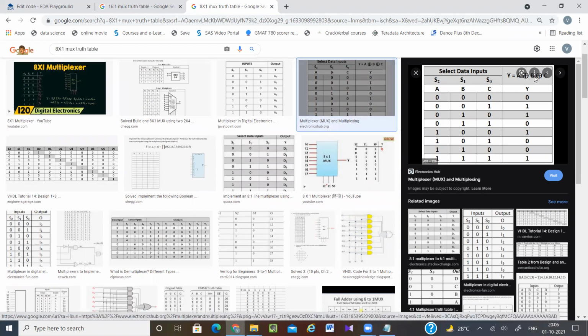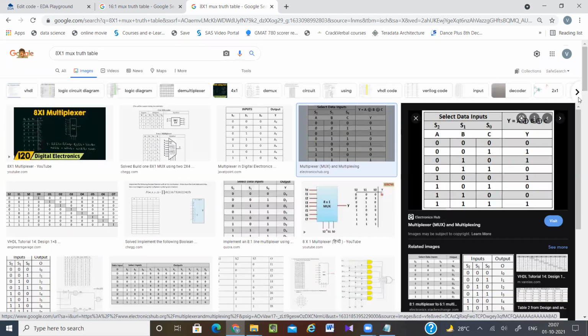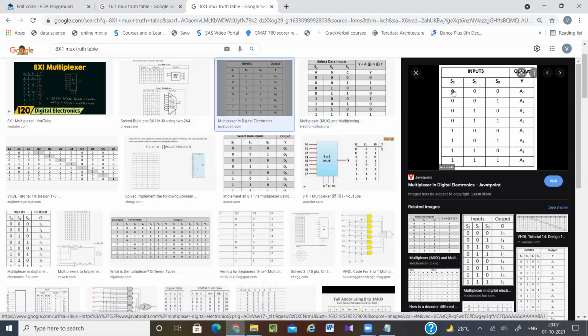So output value, sometimes it will be I7, I6 like this, or I15, I14, depending on the size of the mux. So this is an 8x1 mux. Here, if I'm adding another column, S3, then for S3 0, same combinations. For S3 1, same combinations. Only this thing will change.